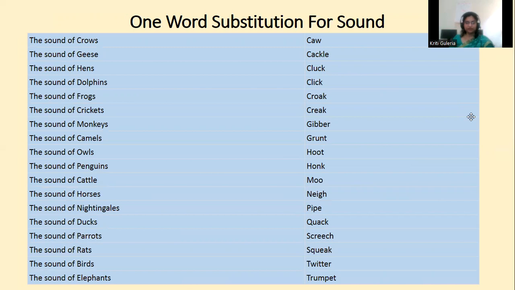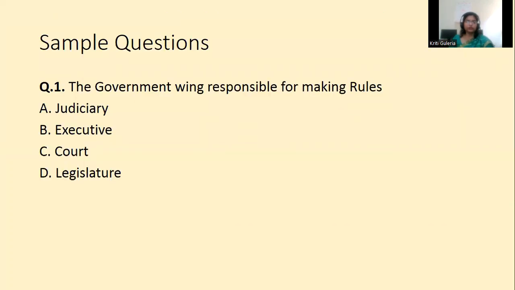Right? So these are the few sample words or sample phrases that we had brought in front of you, and how those phrases can be substituted by a single word to make it more meaningful and to make the English language more beautiful. Clear? So after this, we'll be covering few questions, like the type of questions that might be asked in the competitive examinations. For example,